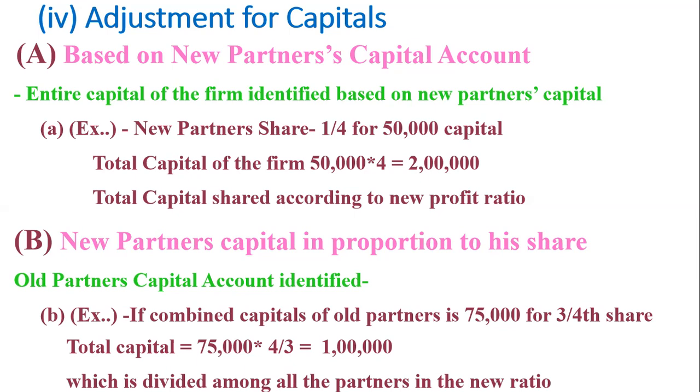And that is to be brought in by the new partner, and also by the existing partners if their capital is to be adjusted. Like if they are holding 50,000 and the new capital is 60,000, they have to bring in 10,000. Or if they are holding 60,000 as capital and their new share is only 50,000, that will be written back to the partner. So this is the adjustment to be made with regard to the capital.